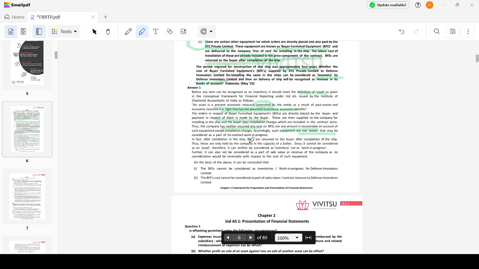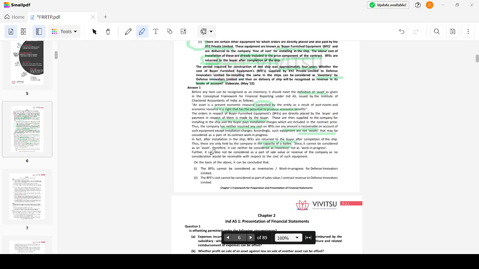In fact, after installation in the ship, BFE are returned to the buyer. I am not going to keep it with me. So how could I classify it as an asset? It is held in the capacity of a bailee. I am just holding it on a trust basis, bailee basis, and I am not the owner. Since it cannot be classified as an asset, it can neither be considered as inventory